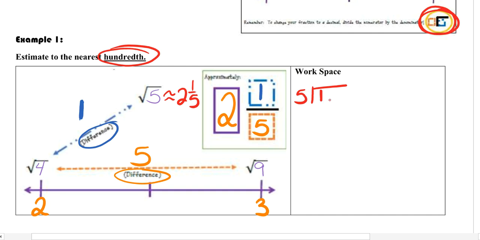Your denominator goes on the outside. 5 does not go into 1, so I have to add a decimal point and a 0. I bring up that decimal point. 5 goes into 10 two times, 2 times 5 is 10. If I subtract, I get 0. So for this one, I cannot round to the nearest hundredth because it would just be 0. It's a terminating decimal. So the estimated value of the square root of 5 would be 2.2,